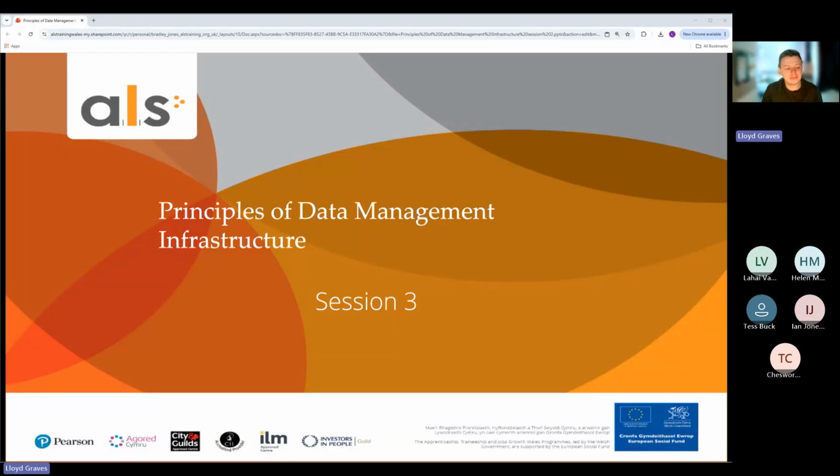Okay, so like I was saying, this is the third session of Principles of Data Management. It's a theory-based session, so we're not going to be doing anything practical today, which is why it's booked in for a short amount of time. So we'll go through the slides, and at the end, I'll show you the two documents in terms of assignments, and we'll talk through them, how you're going to meet the different criteria and things like that, and see